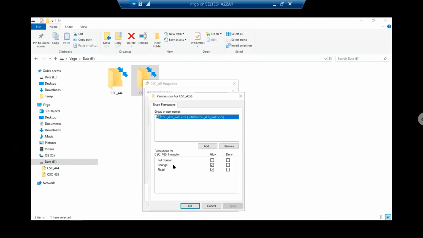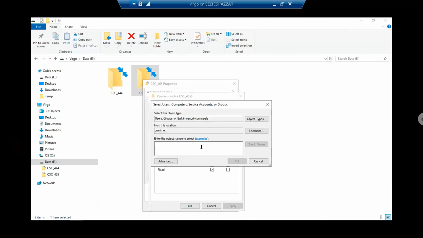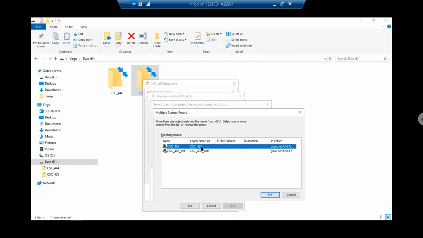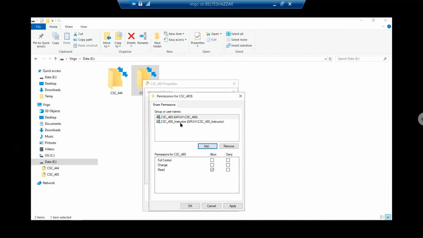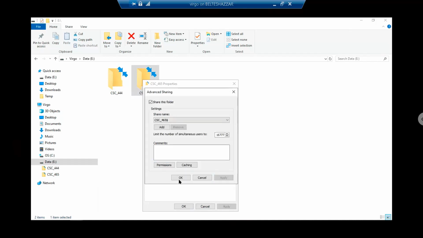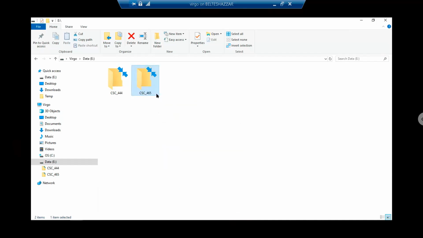And then I'm going to add CSC 465. Anyone who's a member of that group, a member of the 465 class, they're going to be able to read. So what I've done now is I've created this level of shares on my 465 directory. And what I want to do is to see what happens when David logs in and how this works out